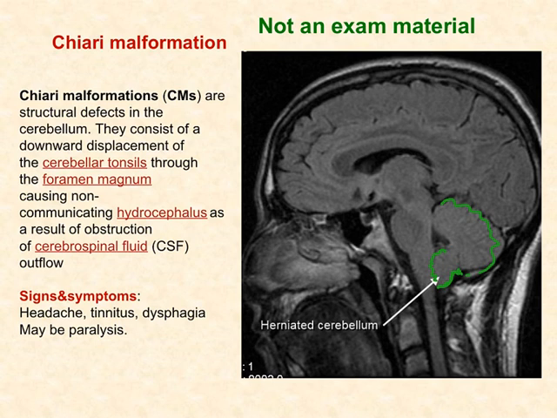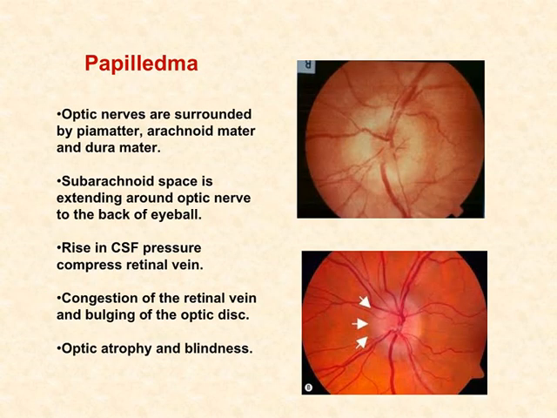Obstructive non-communicating hydrocephalus, and you will find in this patient headache, dysphagia, and also it may cause paralysis if it affects some of the roots of the nerves that emerge from this area in the spinal cord or the medulla. You have another condition which is called papilledema, and papilledema is optic nerve atrophy and blindness, which is caused by accumulation of the CSF in the subarachnoid space around the optic nerve, because